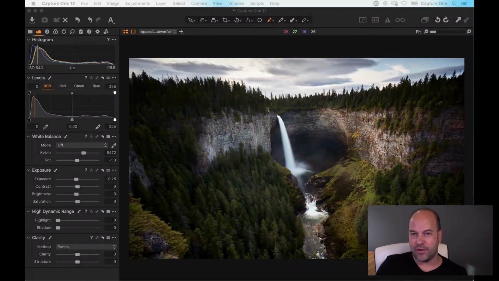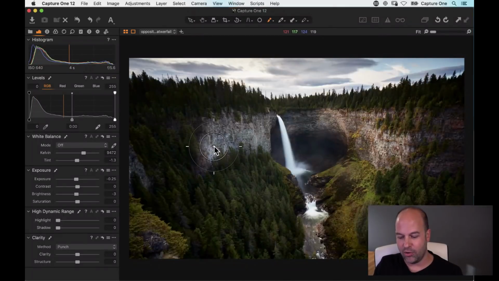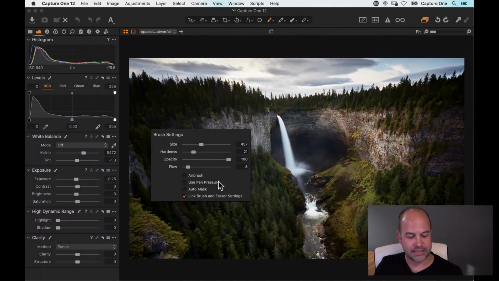Pen pressure, if you have pen pressure switched on, that only relates to opacity, so that's kind of useless because you don't need pen pressure if you have flow control. Now, it would be nice if you could link pen pressure to size. That would be more useful, but right now pen pressure only links to opacity, which is kind of hopeless,